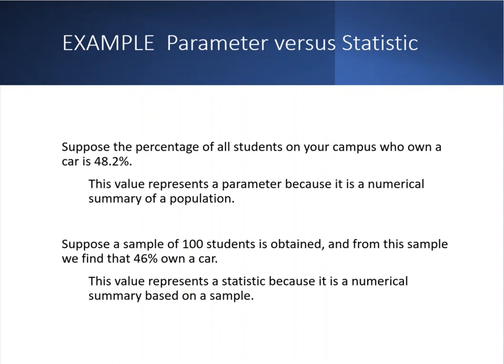But I could have given you a sentence that said something like, in a survey of 100 students, 46% own a car. 46% would still be the statistic describing the sample obtained from the survey. So you might have to use a little bit of context clues in the reading to understand if you're looking at a sample. Most often, anytime we have a numerical number or a size of people that we're looking at, for lack of a better term here, anytime we have a definitive size, like in this case 100 students, you're typically talking about a sample.